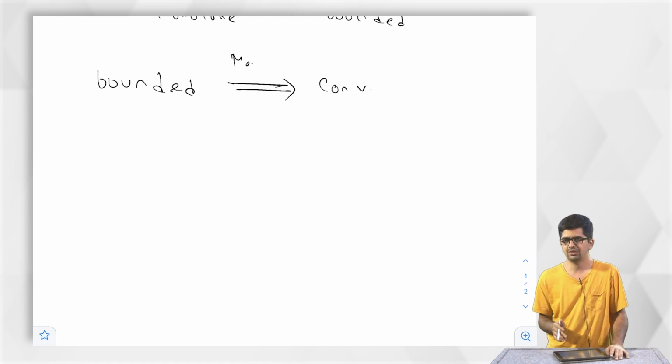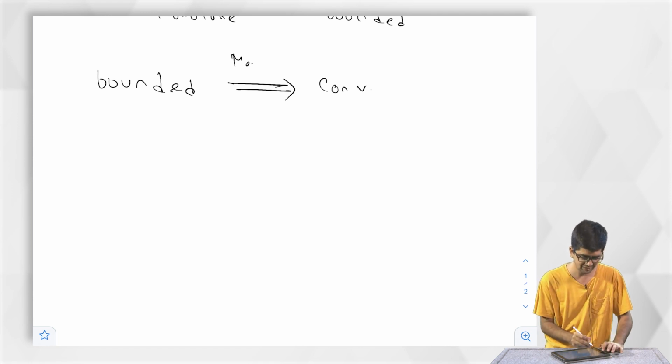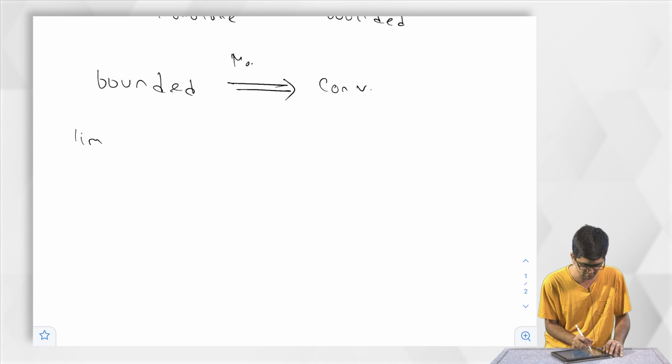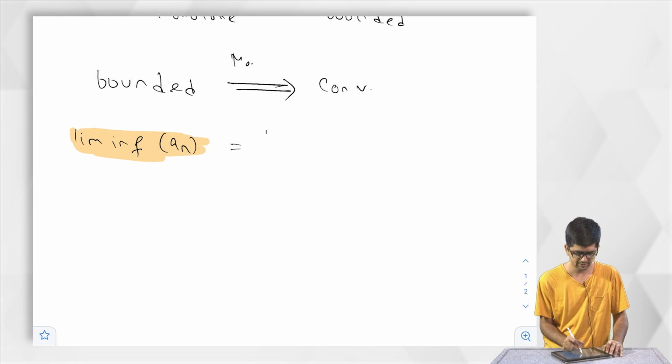Let us recall what we did in the proof that a Cauchy sequence is convergent. We introduced the notion of lim sup and lim inf. By definition, lim inf is the limit of some sequence.